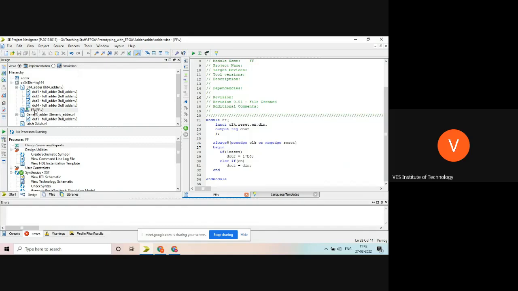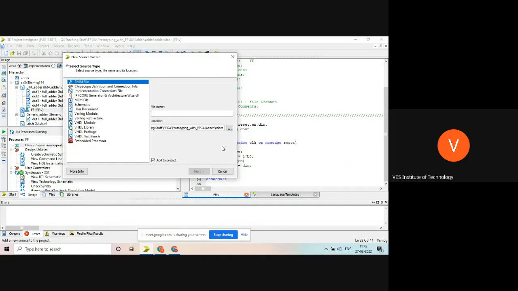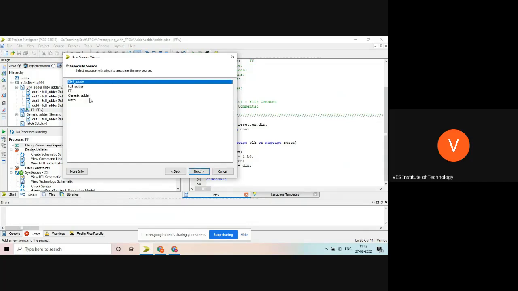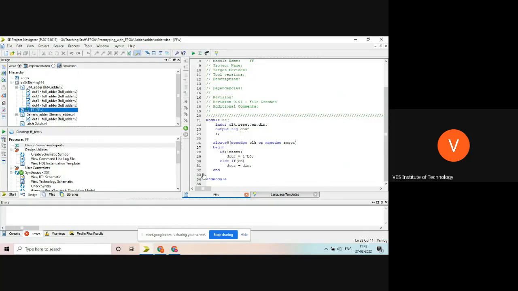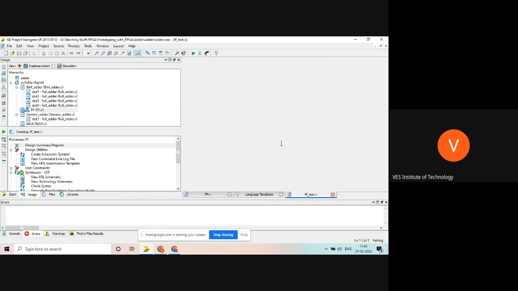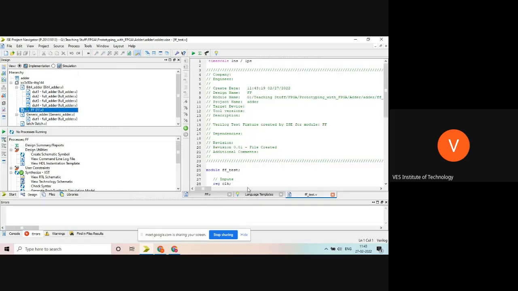Now I will write a test bench for it. New source, Verilog test fixture. I will write FF test. Next, FF, next, finish. You have to write the same test bench which you have written for the latch.